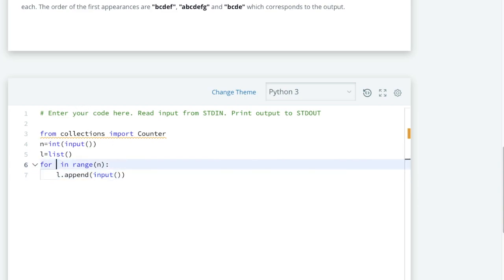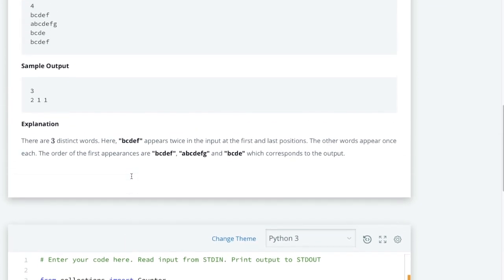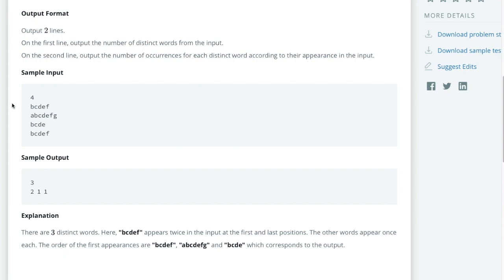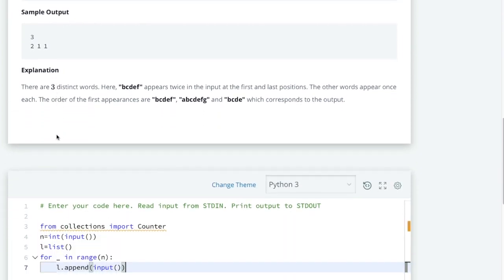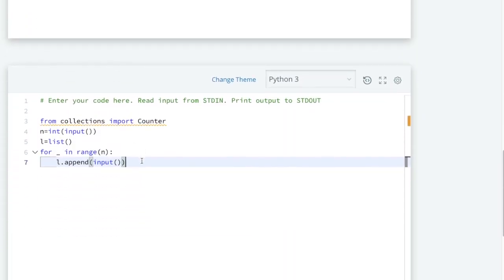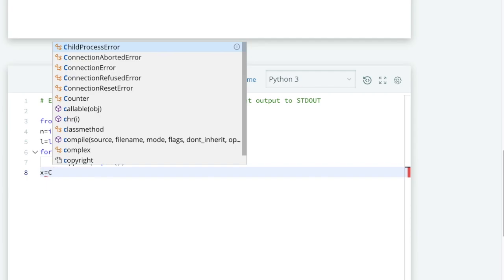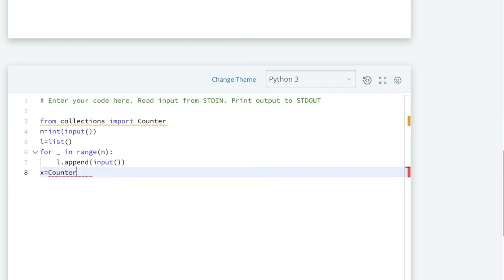We don't have any use of i. Now we are done with all the strings. Now we'll simply apply the Counter function. Suppose x equals Counter of L. What it does is simply give the total occurrences of the input.